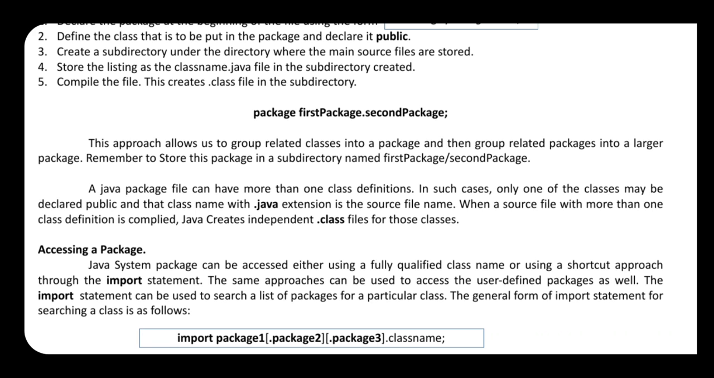Write anything within that one, whatever utilization you want to go for, and you can execute that particular thing in your other programs where the packages can be used. In such cases, only one of the classes may be declared as public, and that class name should be defined as a .java extension. If there is more than one class definition present within that package program, at that